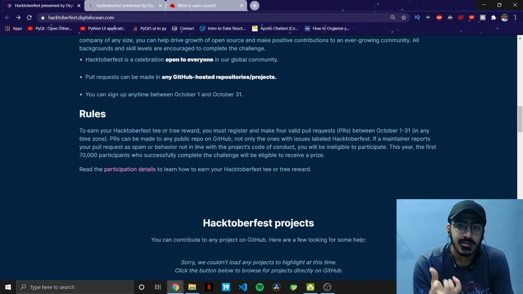A pull request is something like this: for example, I use VLC Media Player and I am facing some bug or an issue. I can check the whole source code and I might be able to find out what the problem is in the source code due to which I am facing the issue. And if I can solve that issue, I can make a pull request. It's like a request to make a change in the code, and it is accepted by the maintainer of the repository. A repository is basically the whole project folder which contains all the code of this particular project.